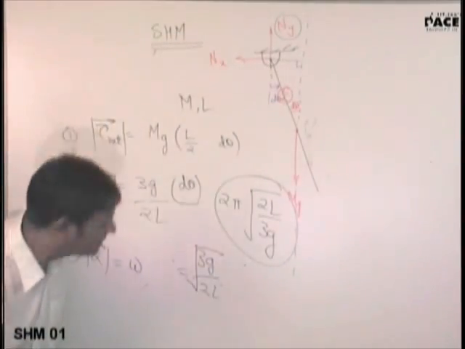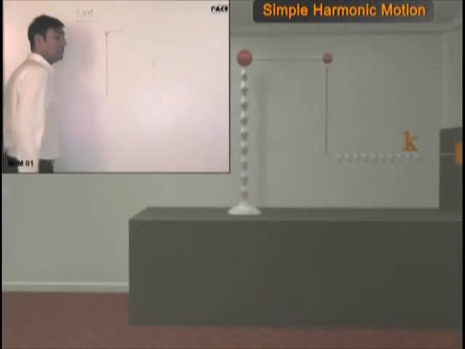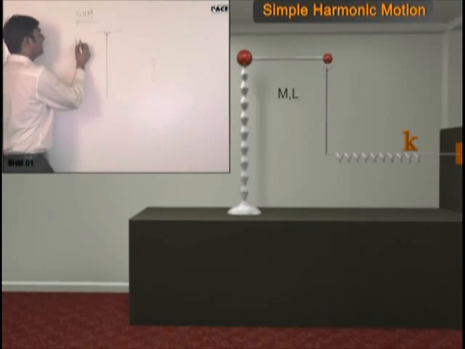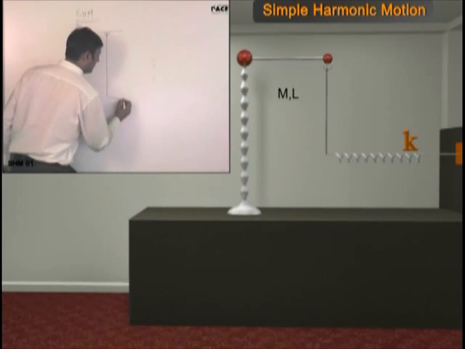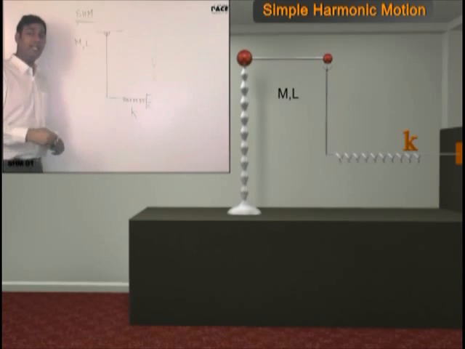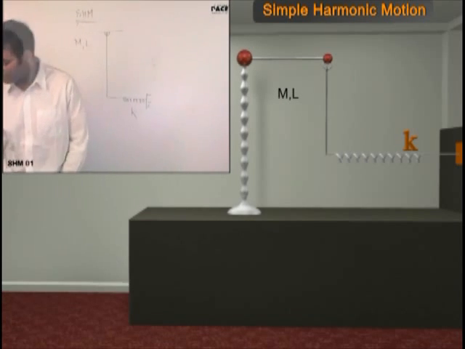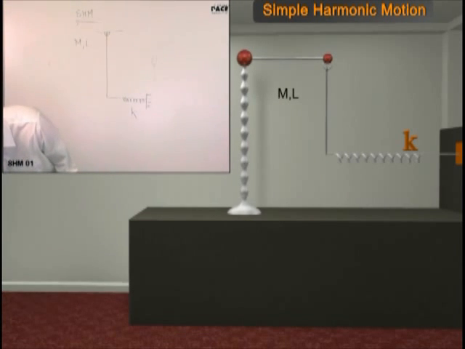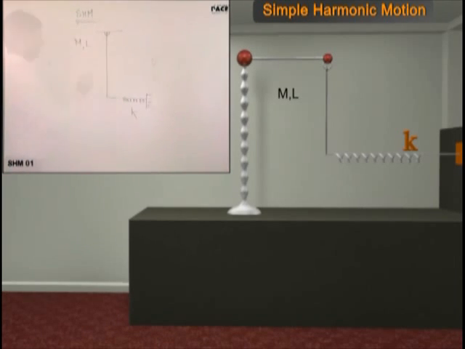Now I'll increase the level of difficulty of the question. Again, the same rod is there, mass M is there, length L is there. And there is a spring of spring constant K. Again, I'll give it a small angular displacement about the hinge. Tell me whether that motion will be harmonic in nature or not, simple harmonic or not. If yes, find the time period. Do it fast. Again, it is easy.